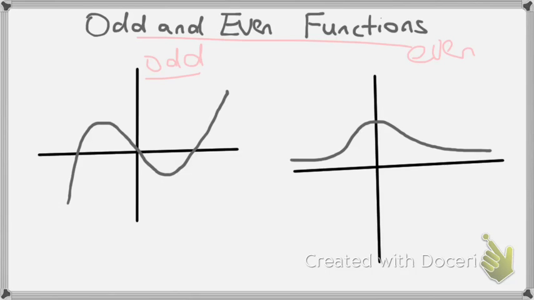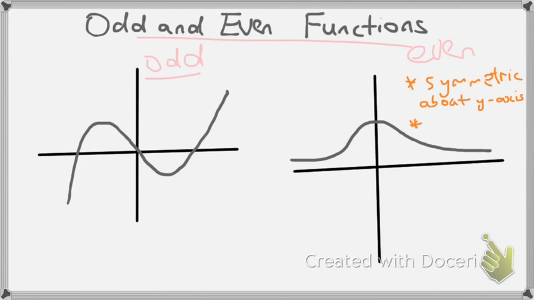Now, there's a few different ways you can describe this, and I'm actually going to talk about the even function first because it's a little bit more straightforward in my opinion. There's two ways of describing an even function. The in many ways more mathematical way is to say that it's symmetric about the y-axis, so there is an axis of symmetry at the y-axis,